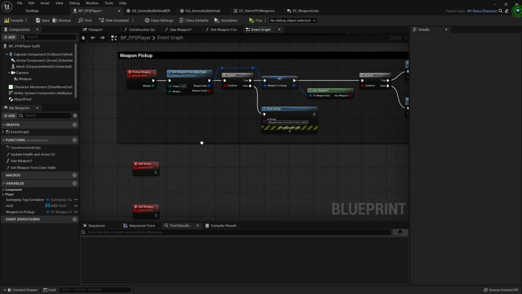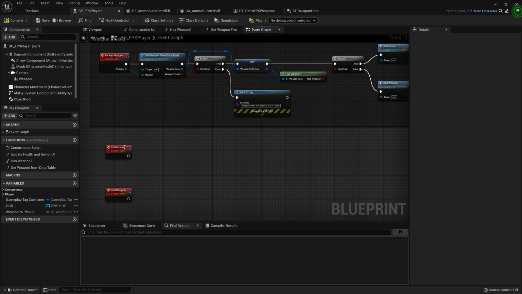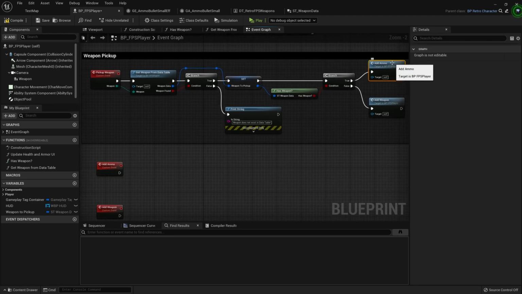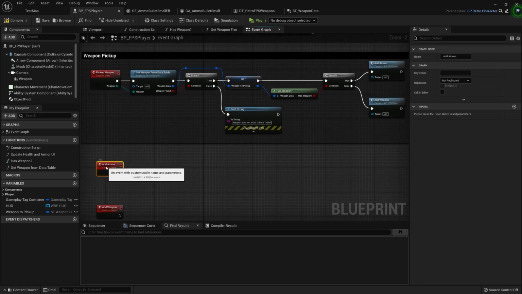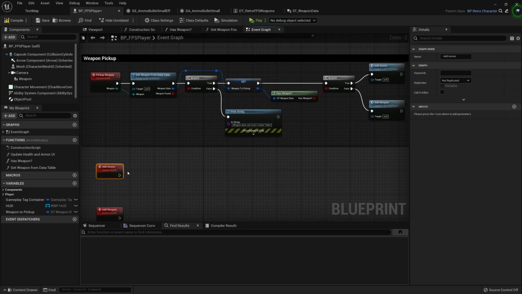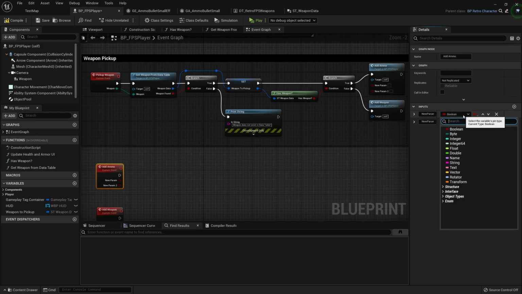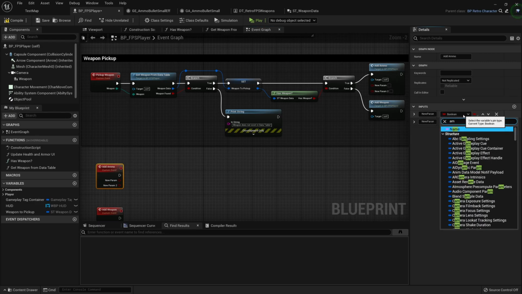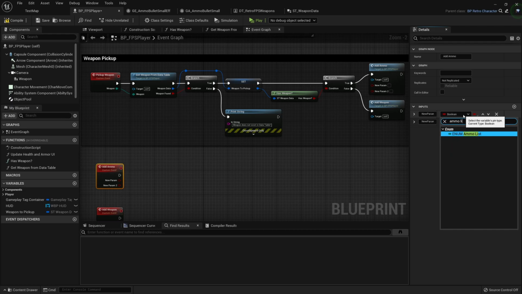And then what we'll want to do is we want to pass in, when we do this add ammo, specifically what kind of ammo and how large of a pickup, because this can be really called from anywhere. It won't just be called from this. So we'll add a couple of inputs here, and the first one will be ammo type or ammo list, which shows the types, and we'll call it ammo type.